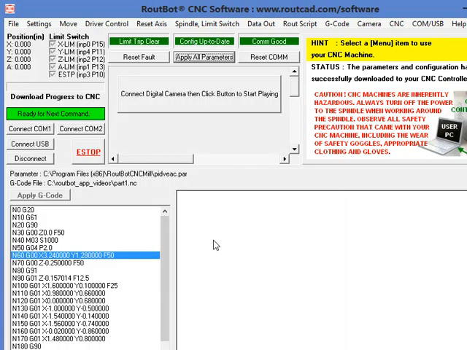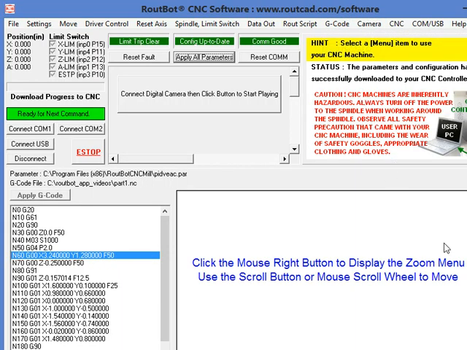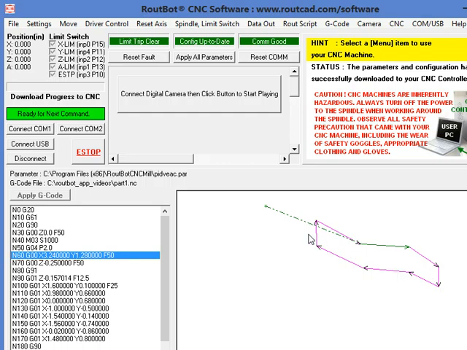In this RoutBot CNC application video, we will see how to write to disk machine tuning for different types of material. We have a part, we have loaded a G-code, and we can even go to display the part. This is a very simple part that we have loaded, and we would like to machine this part using machine